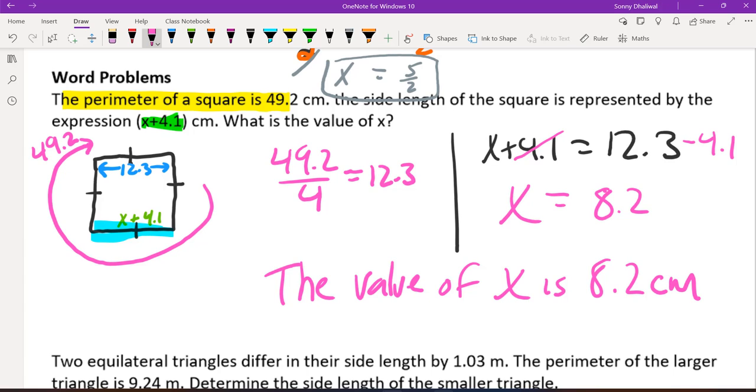And the triangle question is very similar. Okay, so I'm going to leave it at that and use the rest of the time